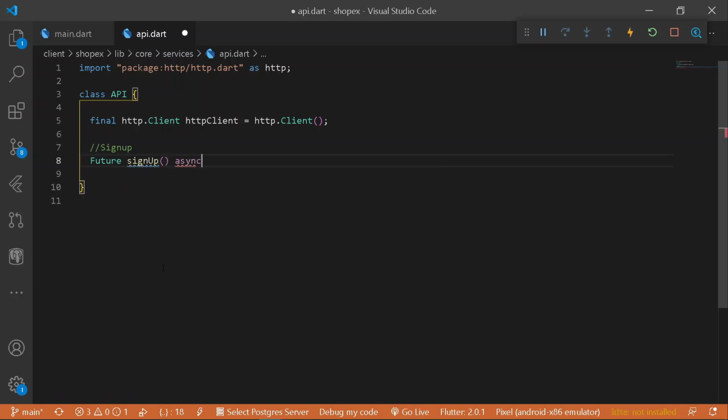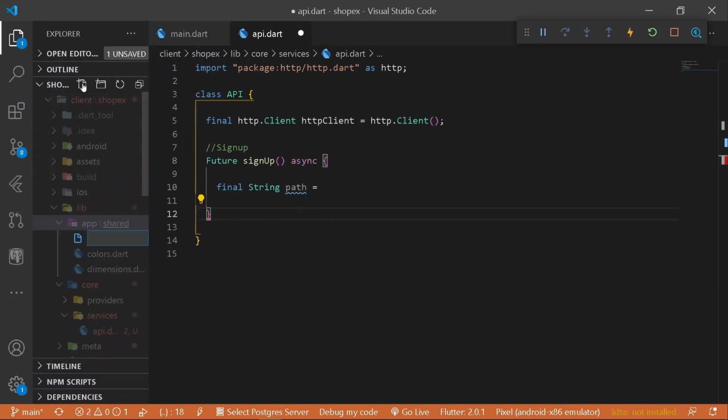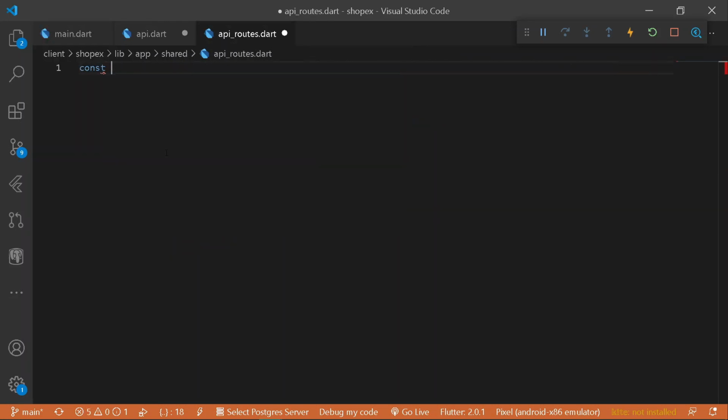The method is going to be asynchronous, so let's denote it async. And under this method, first of all, we are going to be requiring a final String, which will be a path. So here, let's have a new path. So instead of writing our entire path here, I am going to be going under my app folder, just right here, and I will be creating a new file known as api_routes.dart. Just like this, and under this I will be having a new constant string, which will be our API URL,